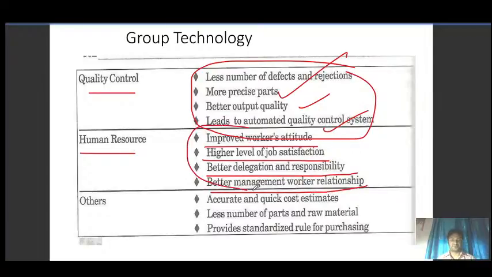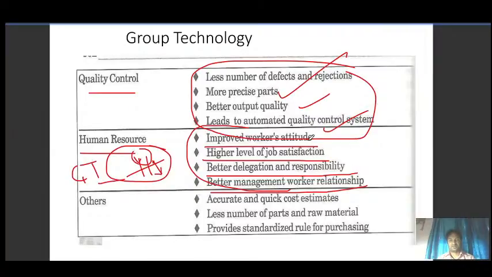So in the previous case, where there was a bottleneck, the operator was stopping, saying do not send it, and then the previous operator will try to send, and that will lead to conflict. That's how you avoid it when you use group technology.